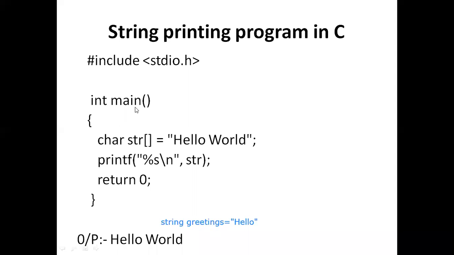Now you can see int main. You can use int main or void main. If you write int main, then you should give something like return 0 or return -1. Here int is the return type, and main means the main function. I am reminding you because most of you have studied this somewhere in the first year. I am explaining small programs initially so that you can remember them. So in int main, we have a char string, char str of array.